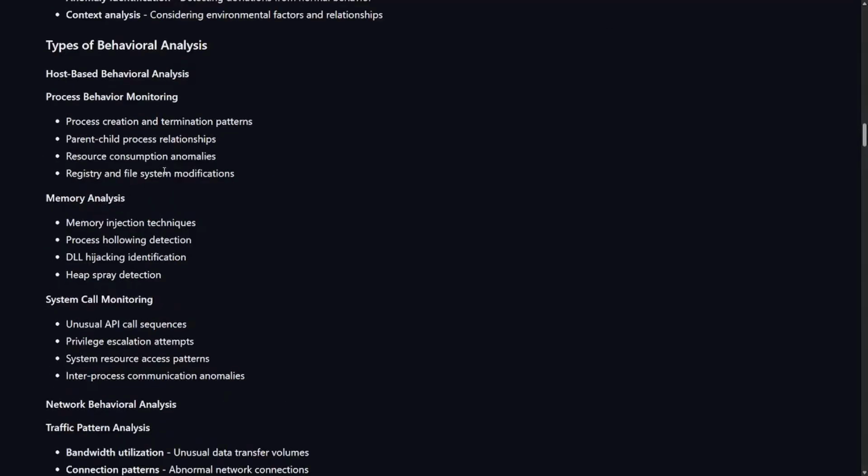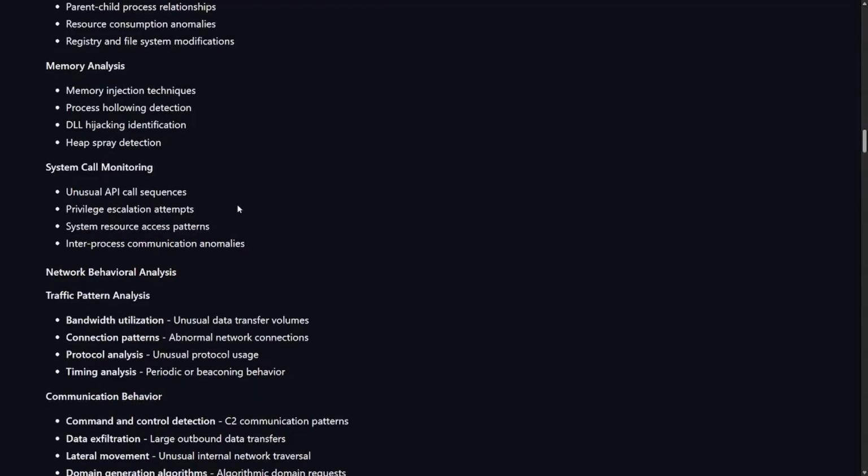For behavior analysis, we have host-based behavioral analysis: process behavior monitoring, process creation and termination patterns, parent-child process relationships, resource consumption anomalies, registry and file system modifications. So in Windows, you have the registry, right? Registry Editor. We have memory analysis: memory injection techniques, process hollowing detection, DLL hijacking identification, heap spray detection,